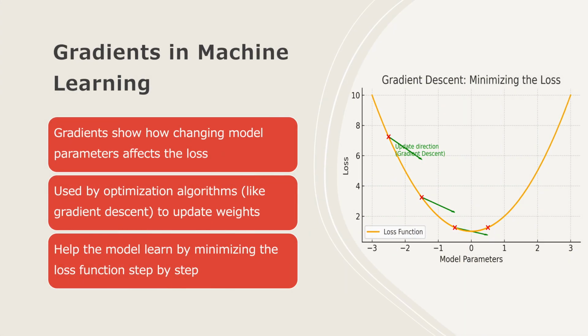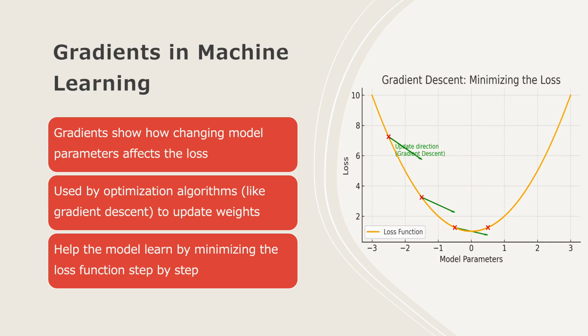Now that we understand what a gradient is, let's see how it's used in machine learning. When a model makes predictions, we calculate how far off those predictions are using a loss function. The gradient tells us how that loss changes when we adjust the model's parameters, for example, the weights in a neural network. Optimization algorithms, such as gradient descent, use these gradients to update parameters in the direction that reduces the